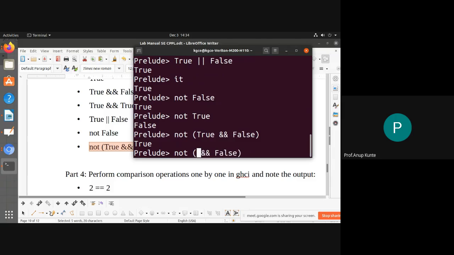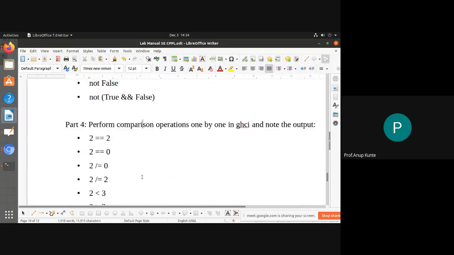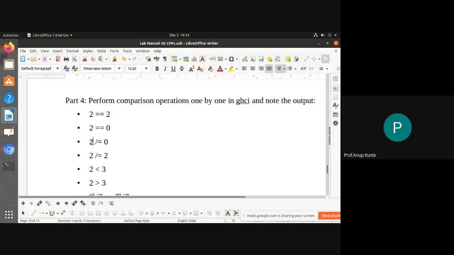And if I use, sorry, false and false, which is going to be false and not of false is true again. So that's how it evaluates. And instead of this, if I have an OR operation and this is true, not is going to be false. So we have learned that logical AND is represented like this, logical OR is represented like this, logical NOT is represented like this. Okay, and now the comparison operators in Haskell are equals to for checking equality,